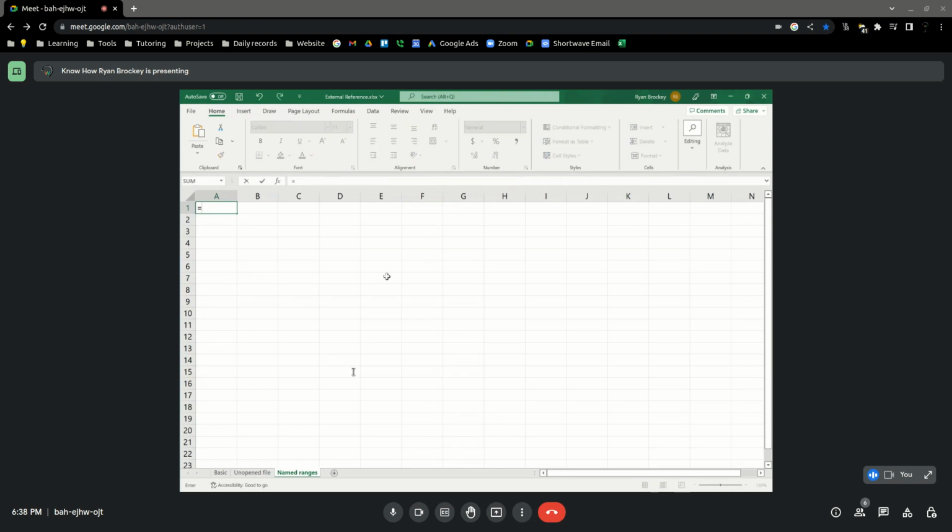So I'm going to do equals, there's our single quote, paste our path. Oh, I just pasted everything. That's okay. There's our path. There's our square bracket right there with the actual file name in it. There's the sheet name. Close the single quotes. Put an exclamation point in, and now instead of a specific